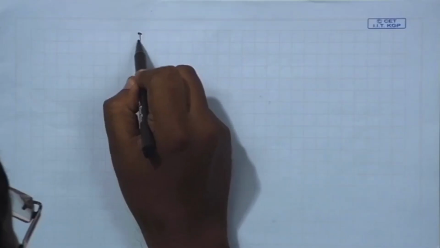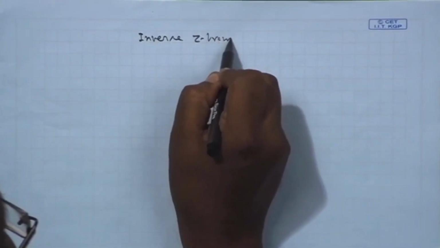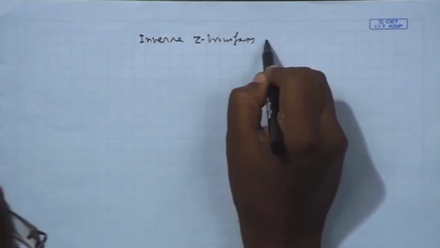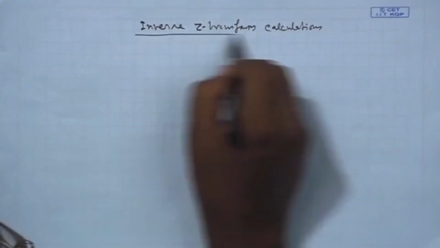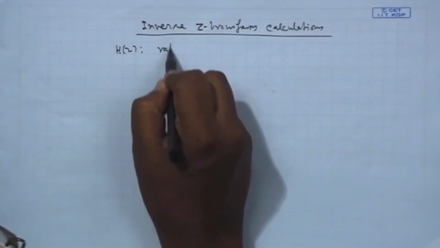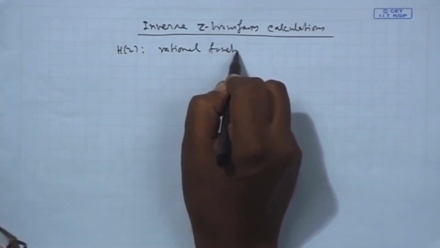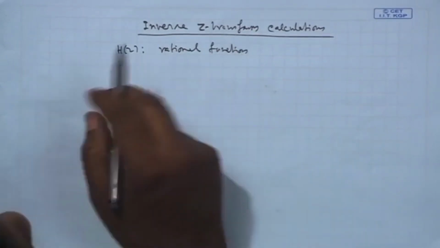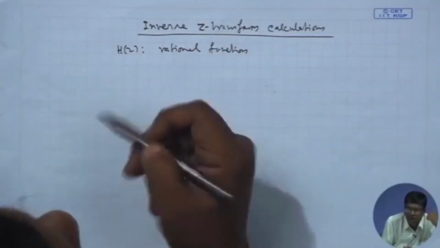We will be discussing inverse Z transform calculations, but for this we will take H(Z) to be a rational function. Not any arbitrary capital H(Z), but a typical H(Z) rational function, which is basically a transfer function of